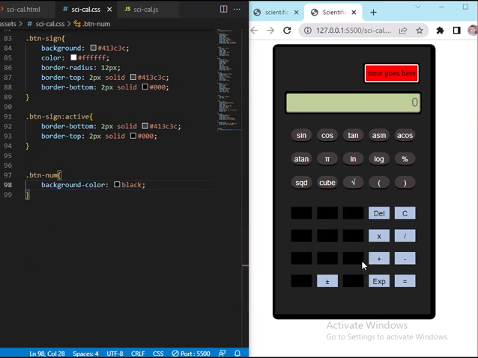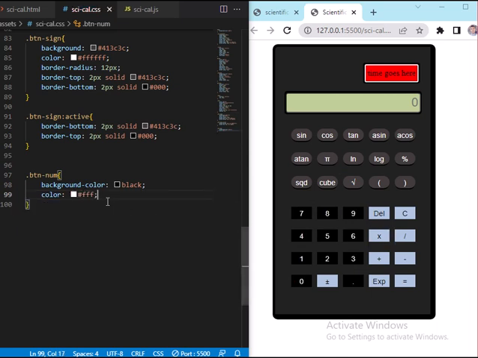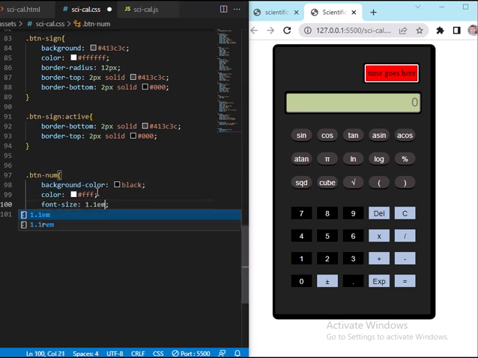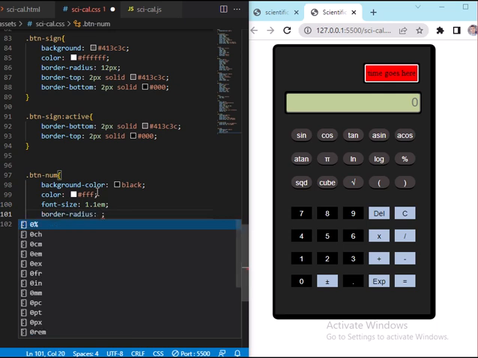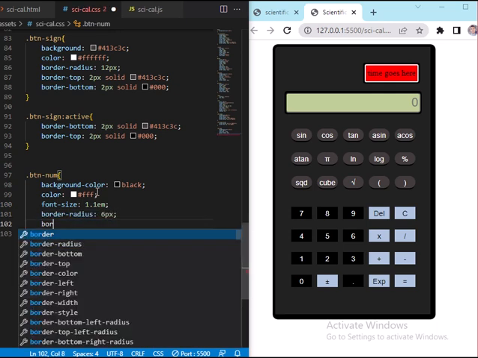Yeah, it's only the numbers that change. The other ones are still the way they are. Okay, so background color, then we're going to add color to it to be white. Save the changes so you can see the white over there. Okay, so the next thing we're going to do is add a font size of 1.1 em, and we're going to add a border radius of 6 pixels, and we're going to add border bottom